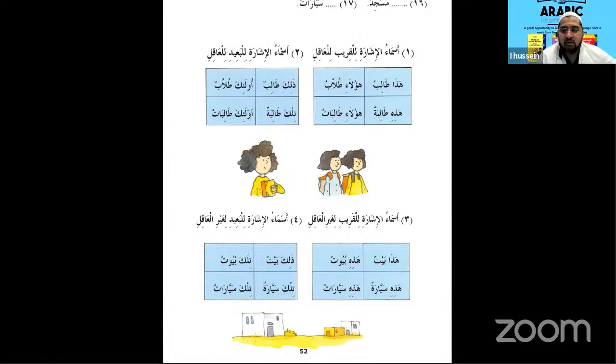So this is the reason, brother Zain, that because buyut is غير عاقل, a non-living noun. So all non-living nouns, when they come to plurals, we treat them as singular feminines. So we use هذه with them, even in the plural. Over here, these are plural for عاقل. We use هؤلاء in the plural. We're not saying هؤلاء بيوت, but هذه itself in the plurals. Okay, that makes sense. Thank you.